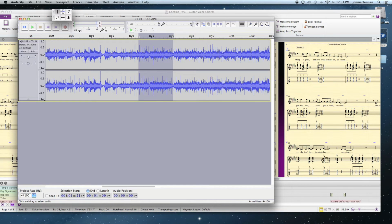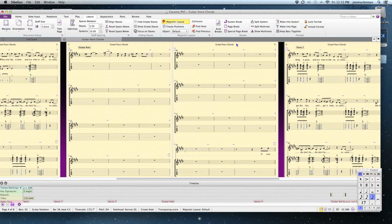that's 1, 2, and 3, and so I will go here and put in a quarter note, and 2 eighths, another eighth, and I'll tie this over. Okay, so that's looking pretty good so far. So let's see. I'm going to copy this down to